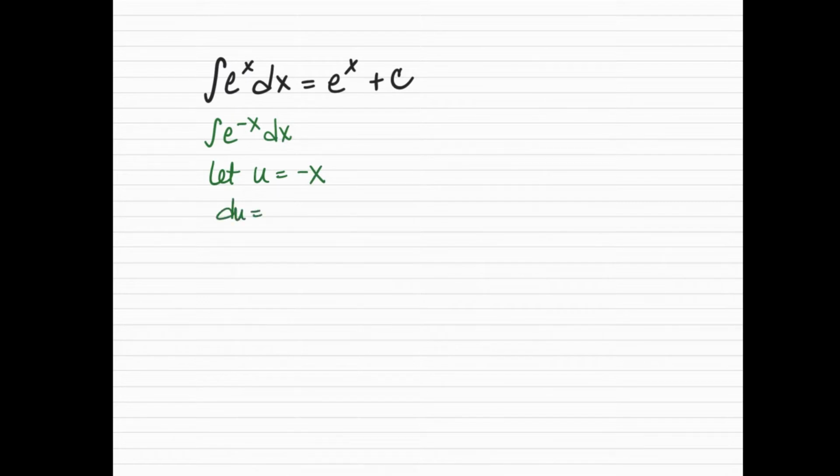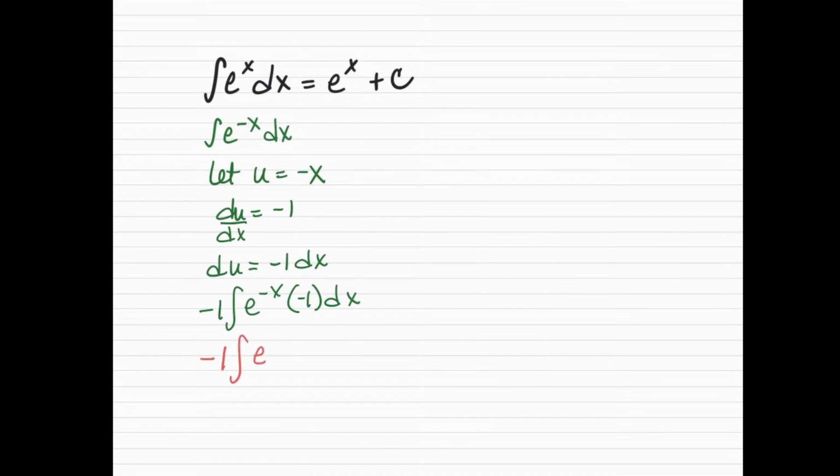If you want to think back to the words we used with the chain rule and derivatives, our inside function is negative x. The derivative of negative x is negative 1. And we're rewriting that as du equals negative 1 dx. And now we're going to rewrite our integral in terms of u. So we have negative 1 times the integral of e to the u